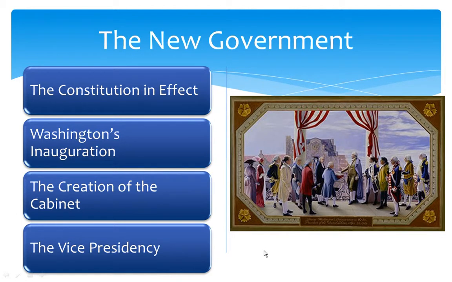What was his first name? Henry. Henry Knox. K-N-O-X, yep. And the last person is the Attorney General. The only person on the cabinet that is not considered a secretary. Now, not the secretary like your parents have in their office, but this is the person who's actually in charge within